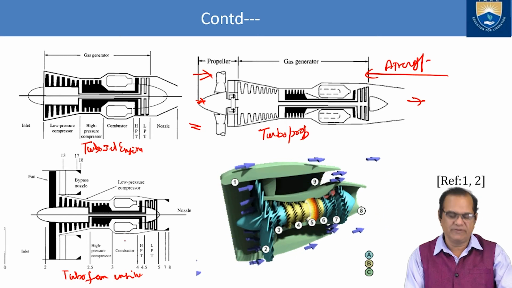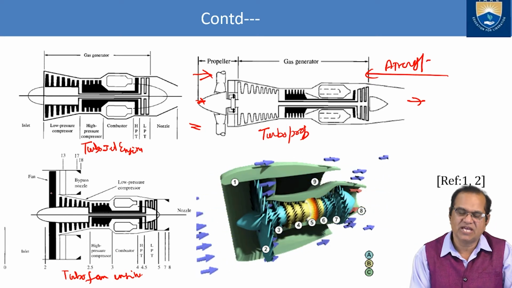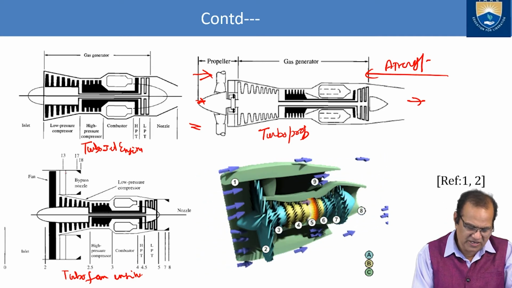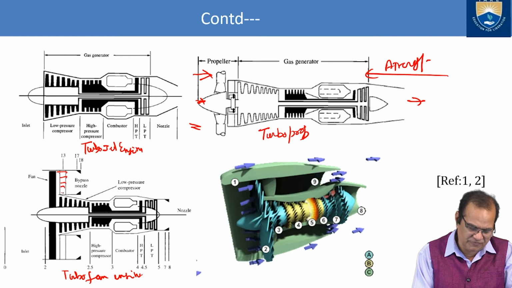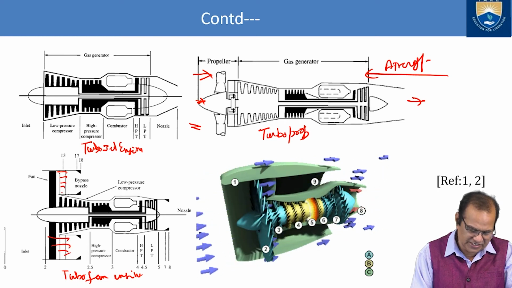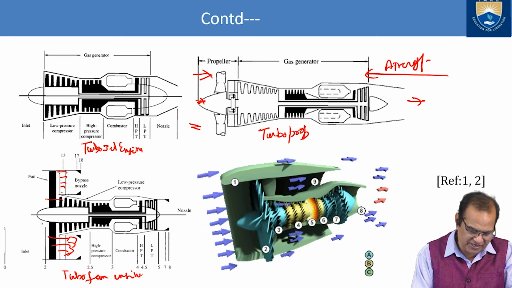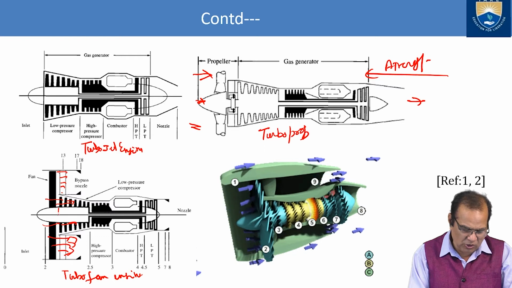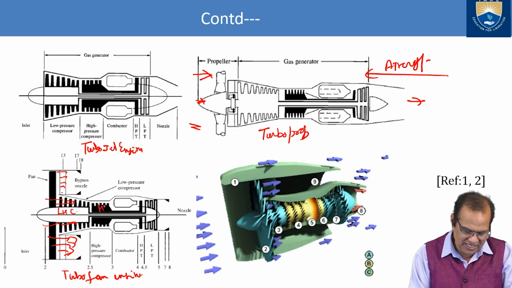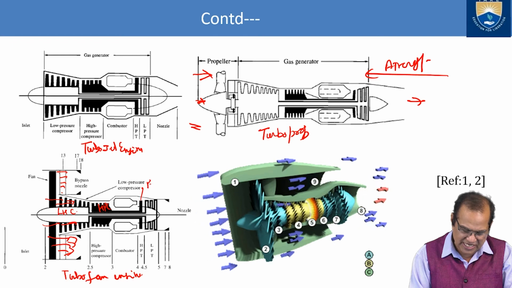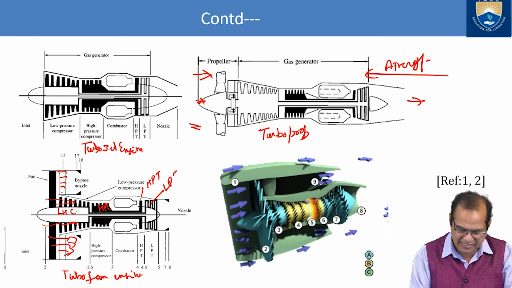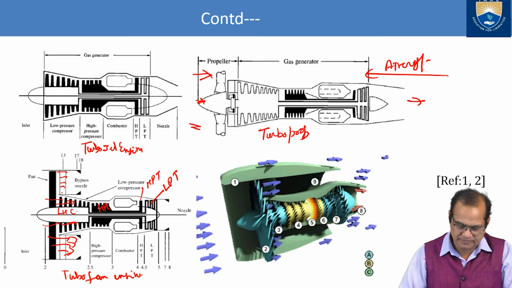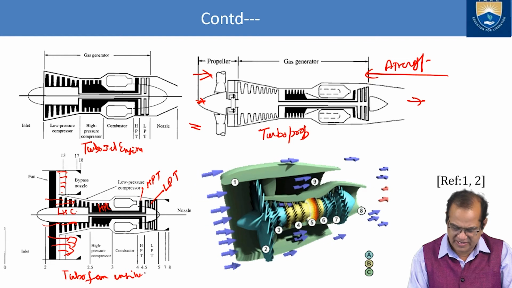But nowadays we use the turbofan engine. In this turbofan, you can see there is a fan ahead of the compressor, and a huge amount of air is bypassed from here and here. This is the bypassed air, and some amount is entering the core of the engine. It is a compressor, and here we have the spooling, the low pressure compressor, and this is the high pressure compressor. Here also it is the HP turbine, and this is the LP turbine. So LP is connected with LP and HP is connected to HP. So these are the systems